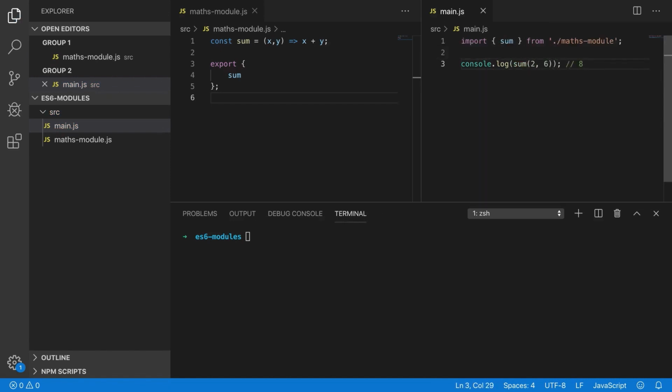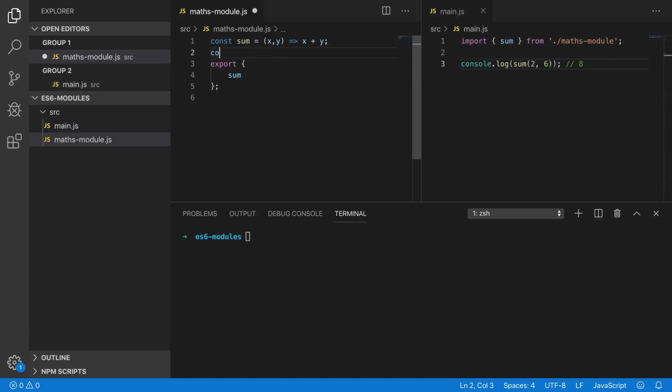So a basic module might look like this, where we're defining a function and then using the export keyword to make it available to other files. Of course, we might have multiple functions defined and export all of them. But when using our import statements in our main.js file, we only need to import the functions that we want to make use of within that particular file. So if we were to go ahead and run the main.js file now,